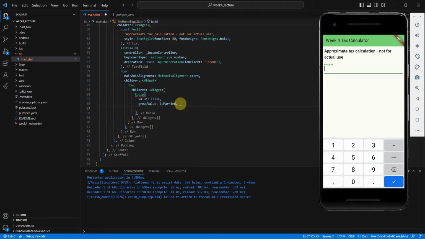And then what are we going to do with this radio button? Well, we need to listen to the change. So we need to fire off some logic when it changes. The logic that we're going to fire off is going to be done inside of a set state. But to be able to attach that logic, we need to have an onChanged property. We need to assign that to that